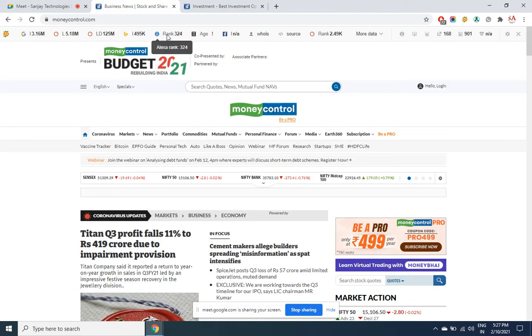Then you have Alexa rank. This is an important one. Alexa rank is independent of SEO. It has got nothing to do with SEO. Every website, whether they have submitted a sitemap or not, whether they have submitted their site to the search engines or not, every website, just the domain address, is given an Alexa rank where the number denotes the rank of that site globally among all the websites which are registered. More than 800 crore websites are registered, and this site's rank in 800 crore is 324.